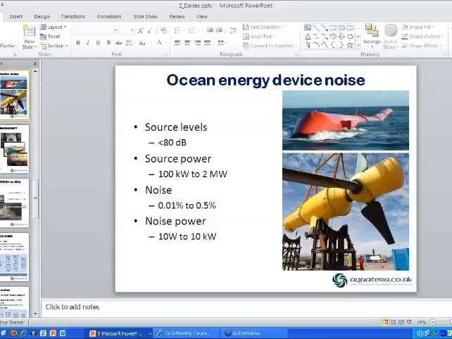Great. There's a second question. You made the comparison that a full array may be equivalent to a large merchant ship in terms of noise and noise energy. And the question was, your talk focused on pilot scale single devices. What about having a commercial array built out and having that kind of equivalent noise energy in place as a static source of noise rather than moving through the sea?